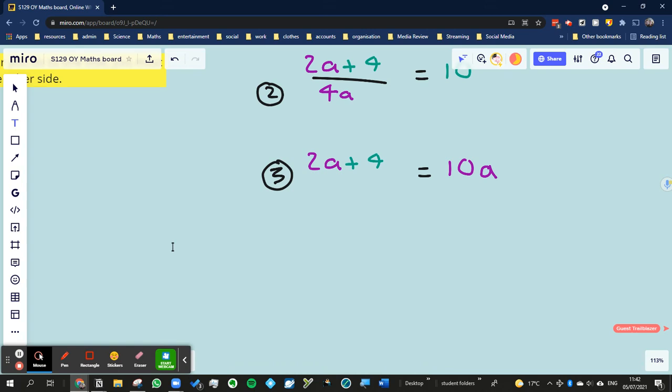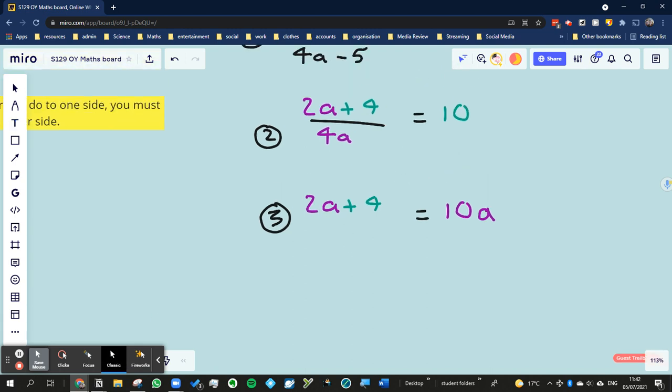The problem with this equation is you need to collect the terms. Basically, you've got the 2a and you've got the 10a. They're like terms, but they're on different sides to each other. So I need to get 2a over to the left, over to the right, and I could get